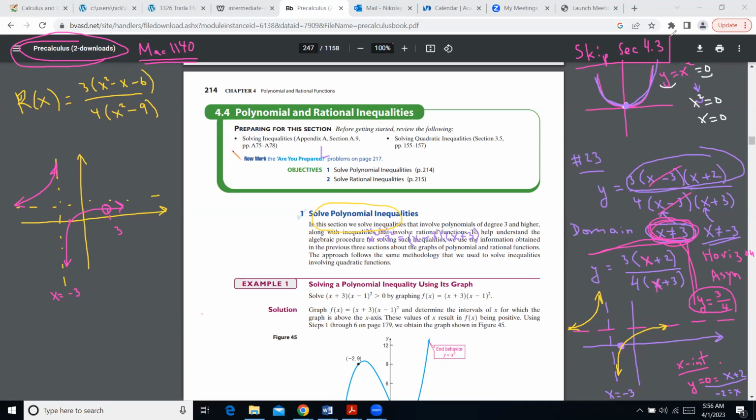because our college decided to pull some stuff from pre-calculus book and call it college algebra. And then the missing sections, along with sections that we already covered, will be placed in the next class, which is Mac 1140. So I would recommend you sign up for that class as soon as you can, because you will easily pass it, since we're gonna go over exactly the same material with exactly the same book, maybe with a little extra, but I don't think it'd be an issue to quickly learn,